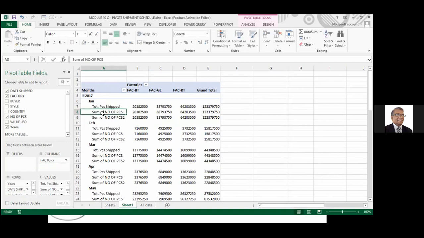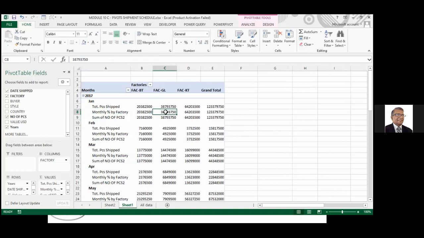And this one I'll say monthly percentage by factory. How to get that? Right click on it.